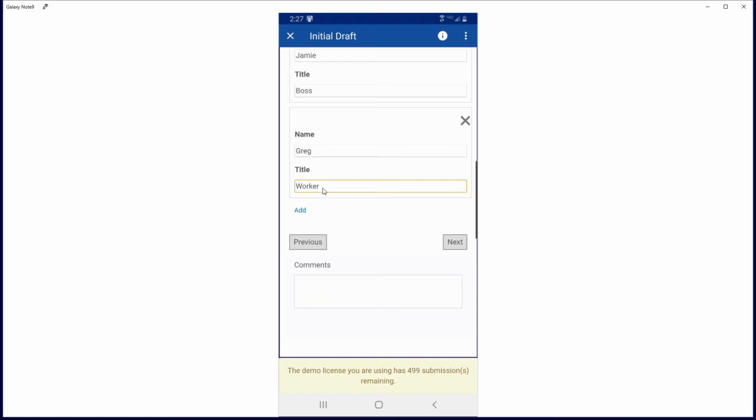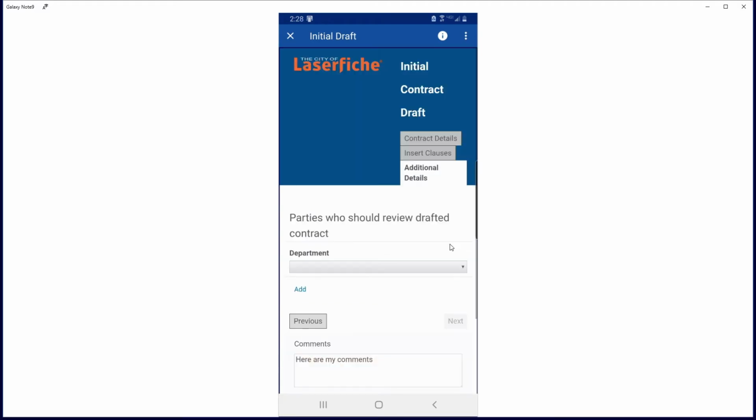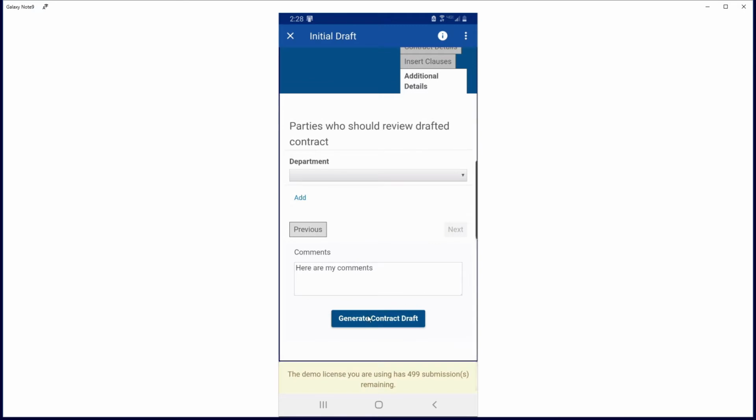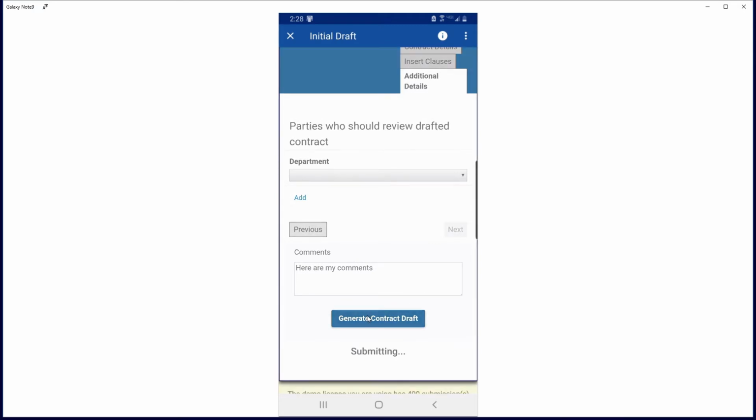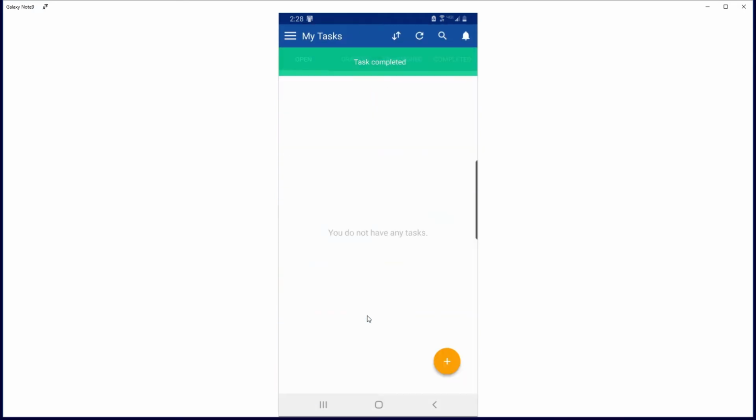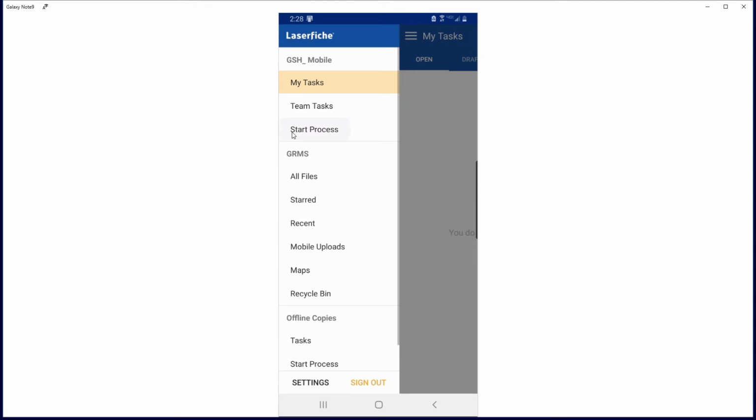Now, this contract, once it gets completed, actually gets built as a Laserfish Word document in the Laserfish repository. I'm going to go ahead and just generate this draft. I'm not going to put it through any more review process. All right. Now that we've got our contract done through the Laserfish mobile app, I'm going to go ahead and